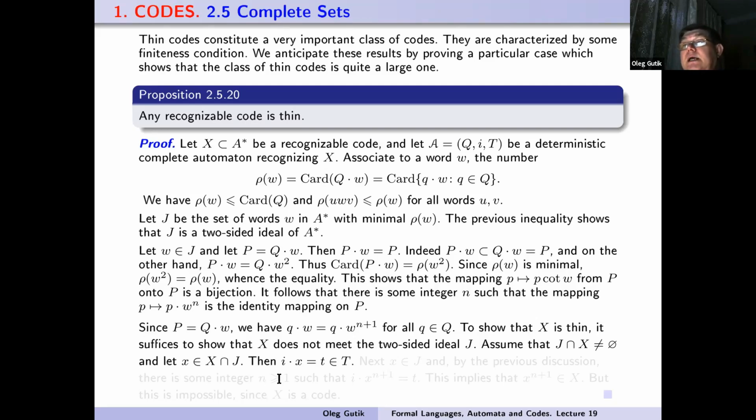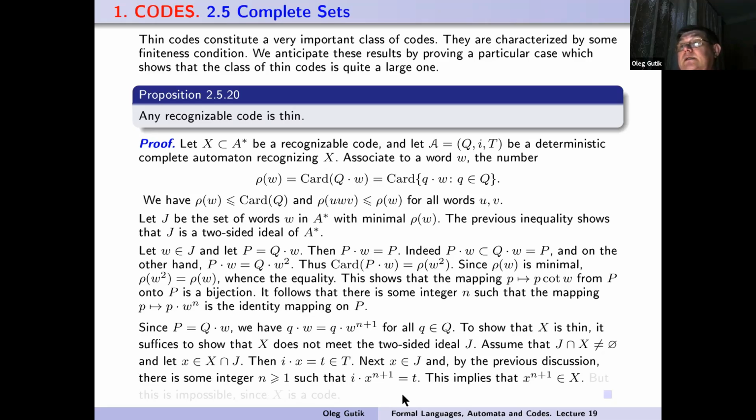Then we get that i multiplied by x is equal to t, which belongs to T. Next, x belongs to J, and by the previous discussion, there exists some positive integer n so that i multiplied by x to the power n plus 1 is equal to t. This implies that x to the power n plus 1 belongs to X. But this is impossible because X is a code. This completes the proof of the proposition